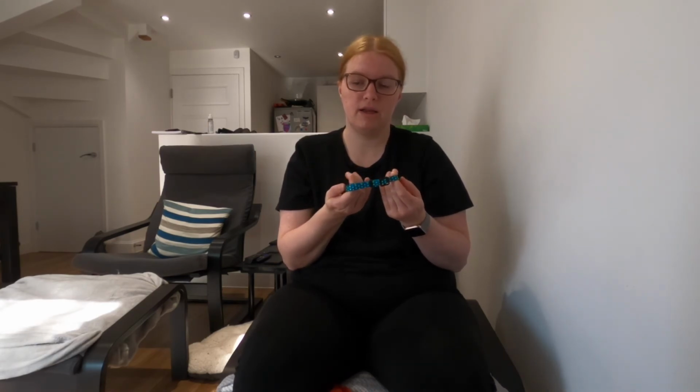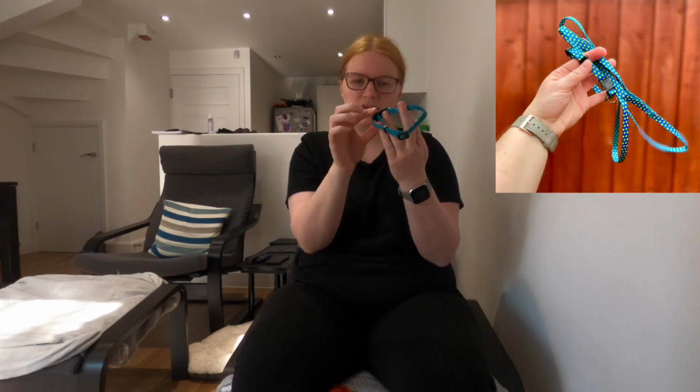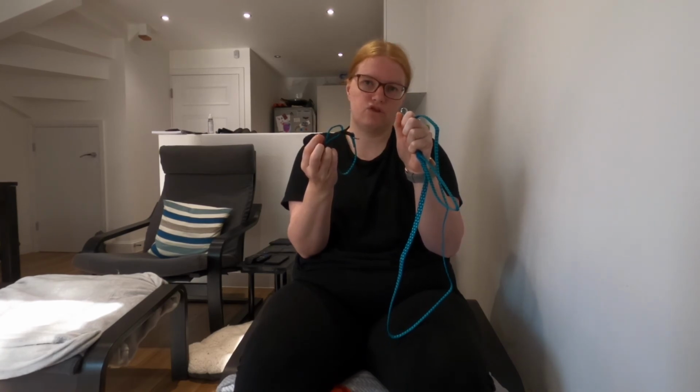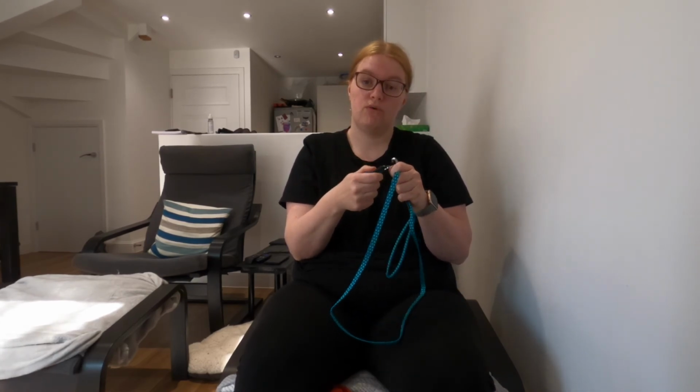Then I also picked up from Wilko's the puppy collar and lead set. Now there's no sizing on this because it's just a puppy collar. So it's just this little one here. I think it's turquoise with green stars, and again, it's actually on its tightest setting. It's a very thin one, so we thought that would be fine for him to sleep in overnight, and then just a basic lead, because that's all we need just to take him out to toilet in the night. It's got a tiny little clasp on it, but it feels sturdy enough that we're not going to have any issues with it. So, very inexpensive, even if we're only using it for this holiday,